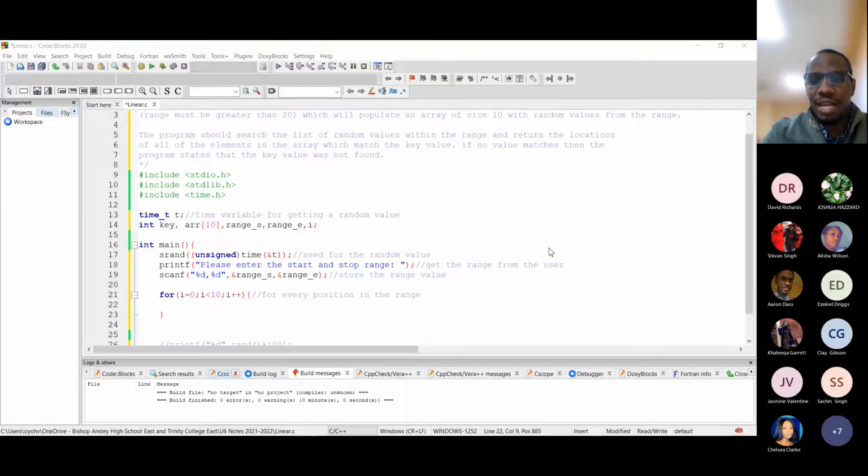Anybody want to walk me through here? What do we want to do for every position in the range? We want to get a random value within the range. Right. Okay, and store it inside of the array. So we could say array at position I